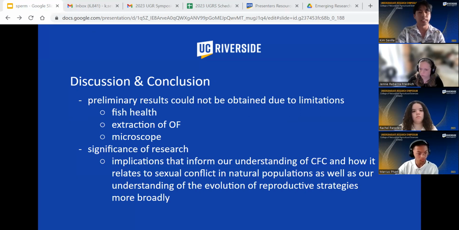However, our process of collecting ovarian fluid is still somewhat inefficient. We are not able to recover full sample volumes consistently, but it's just one of those things that requires a lot of trial and error to get the process down. But we have been able to get some full samples.